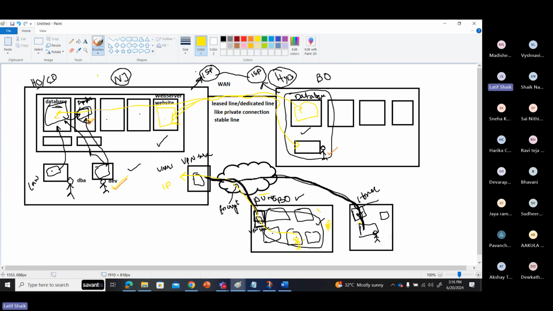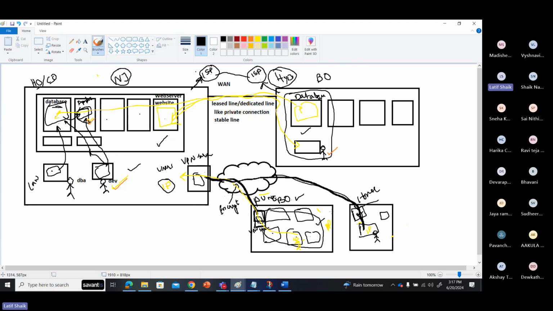Initially your IP address is different, but now it is changed as per this private network.